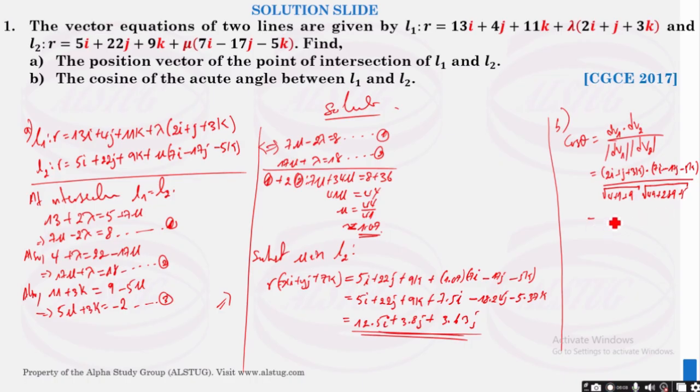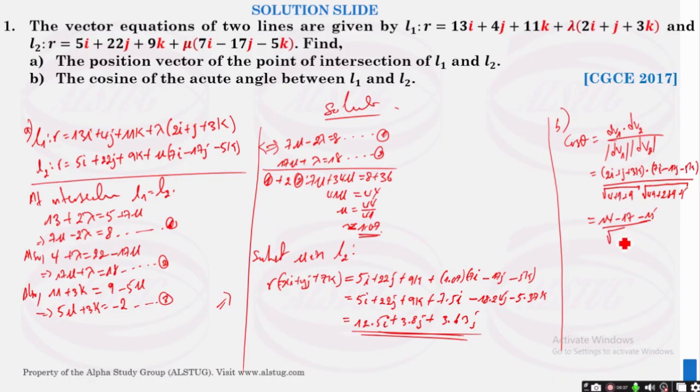This gives us 2 times 7 is 14, 1 times 17, so we have minus 17, then we have minus 15, that's 3 times 5. So this will give us negative 18,